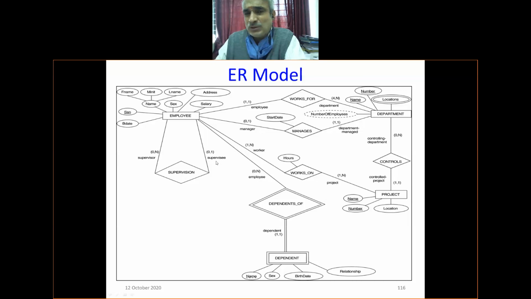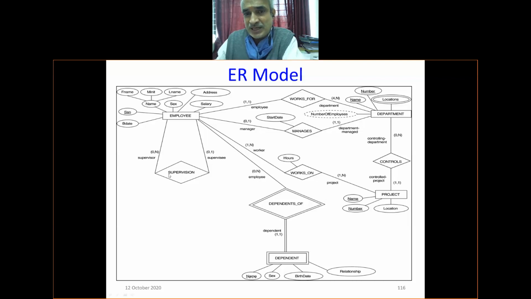One thing I would like to explain to you, please look into that here: the min-max constraint. Now, dependent of, this is also visualized as a relation. A relation is nothing but a table. An entity is a table. A relationship is how two different entities relate with each other, in a way such as one to one, one to many, many to many. And that's what you will see here.